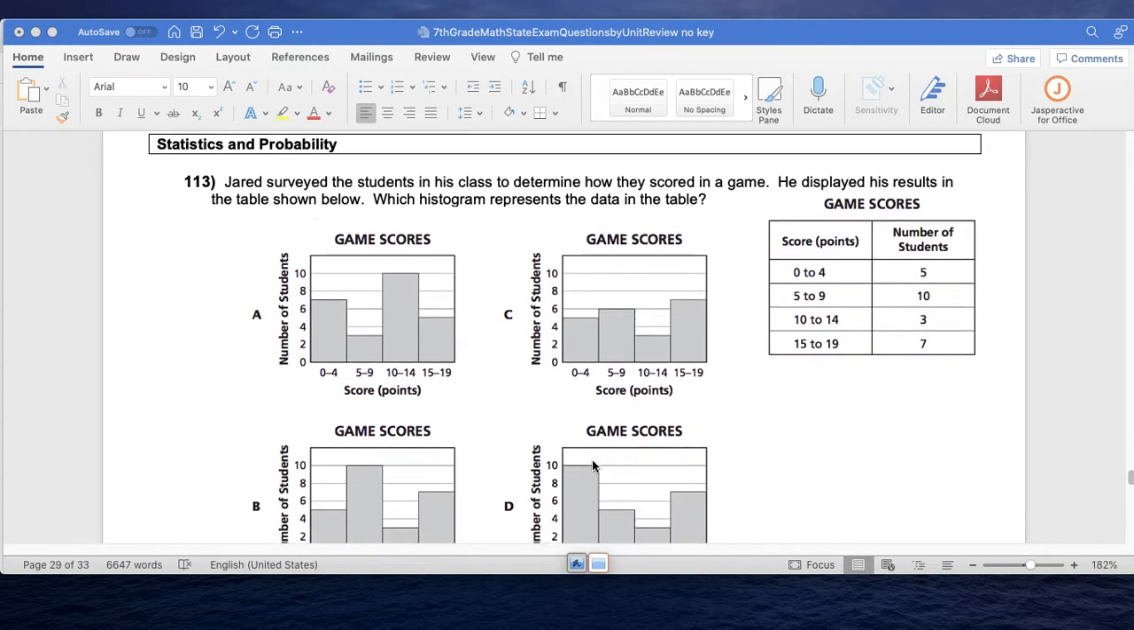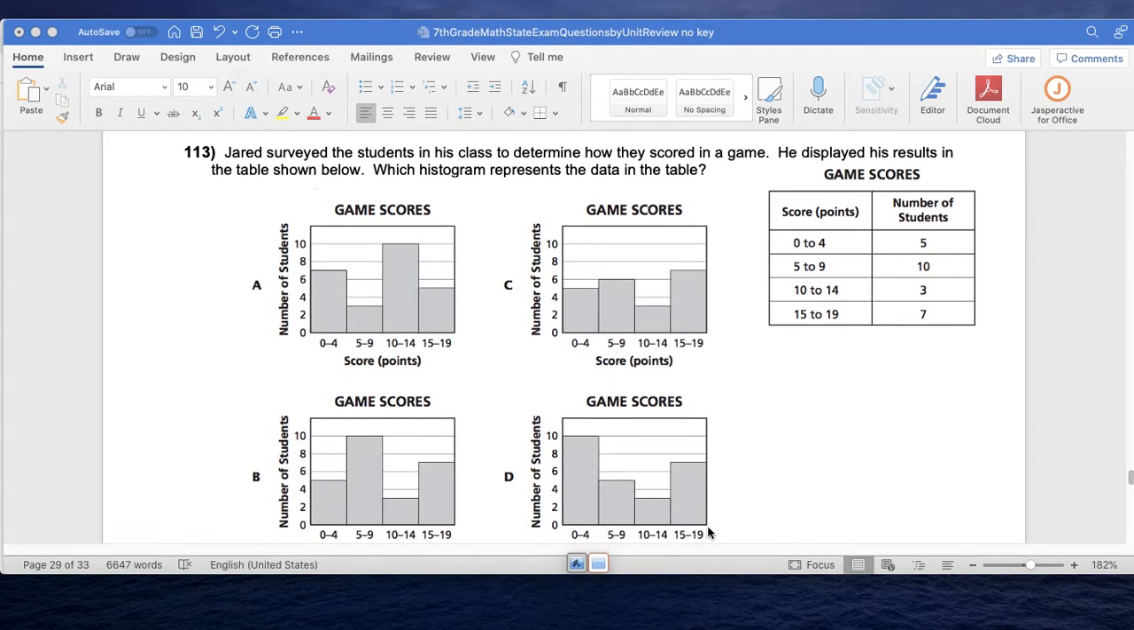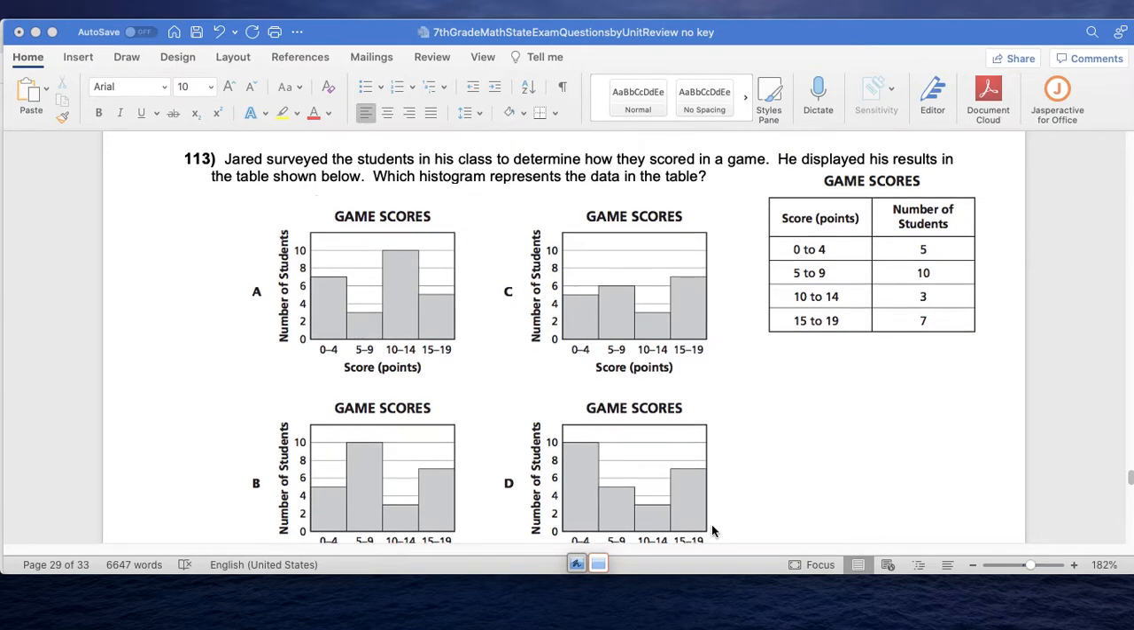113 statistics. Oh, you haven't done this, but we'll see how much you can. James surveyed the students in his class to determine how they scored in a game. He displayed his results in the table shown. Which histogram represents the data in the table? All right, so